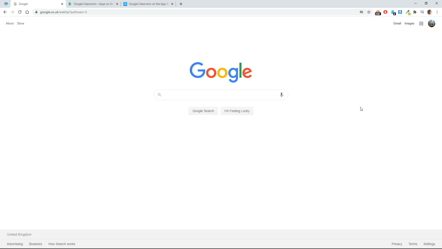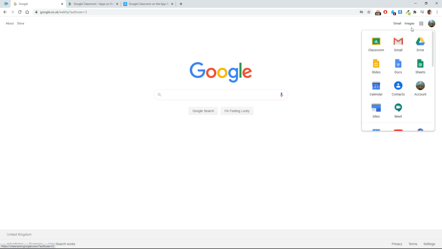To get to Google Classroom, go to any Google web page and sign in the top corner. Once you are signed in, press on the app launcher and you'll see some options for you. If your teachers want to communicate with just you, they will send you an email through Gmail. But if they're sending things out to the entire class, they'll use Classroom, which you can open just by clicking